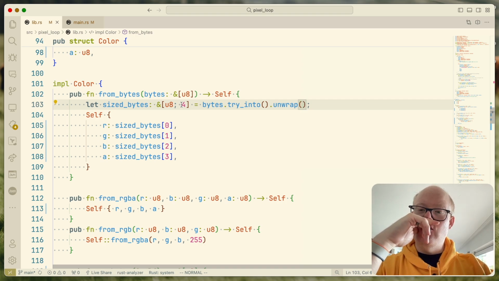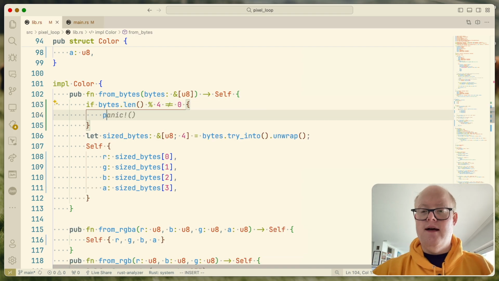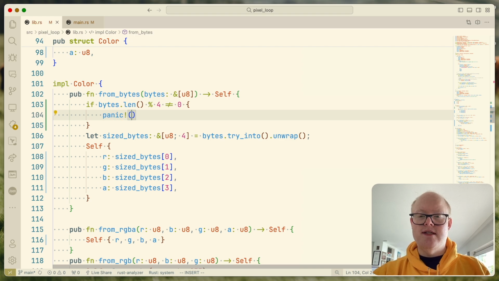But I guess we need to check that the byte length, yeah, I guess we need to do something like, could use an assert, but I guess I will do something like bytes.len modulo 4 must be 0, or if it's not 0, then we simply panic. We say, can't initialize colors or color slice